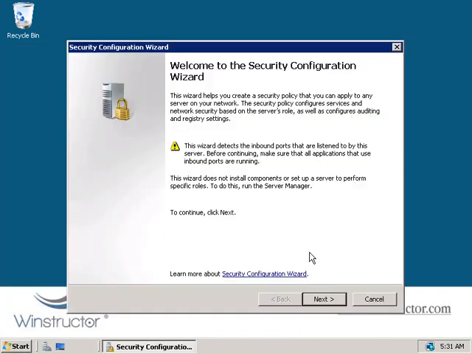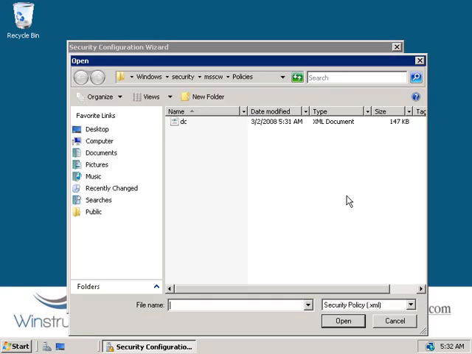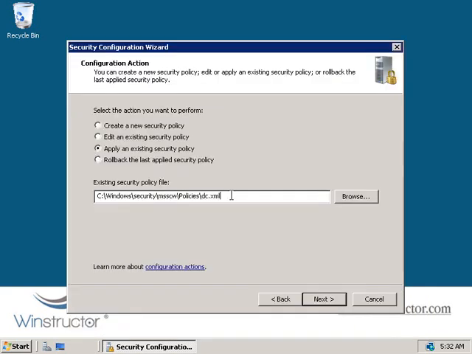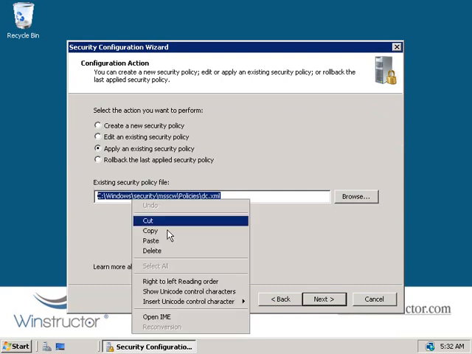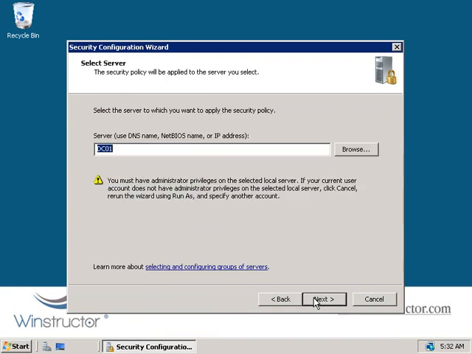We'll go and click on Start, Administrative Tools, and we'll launch the security configuration wizard again, and we'll click Next. We'll choose the third option here to apply an existing security policy, and then we'll need to browse to the location where we have our policy stored. And there's our policy, our DC policy that we just created, so we'll select that and we'll click Open. And now I'm just going to copy this file location here because we will need it later, and we'll click